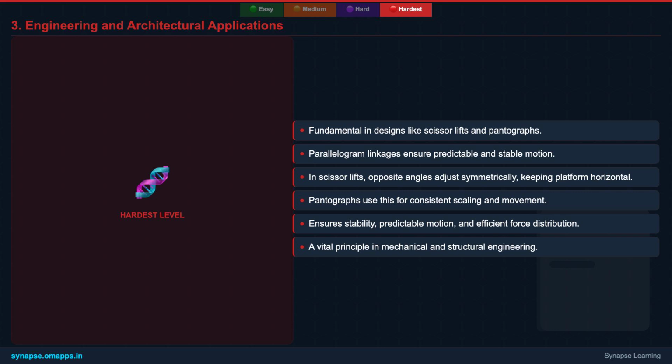By placing the vertices of a parallelogram on a coordinate plane, say A (0, 0), B (a, 0), C (a + c, d), and D (c, d), we can use vector dot products to calculate the cosine of the angles. The dot product of vectors representing adjacent sides, for example AB and AD for angle A, or CB and CD for angle C, will reveal that the cosines of opposite angles are equal, thus proving the angles themselves are equal. This approach provides an analytical way to confirm geometric properties, bridging algebra and geometry.